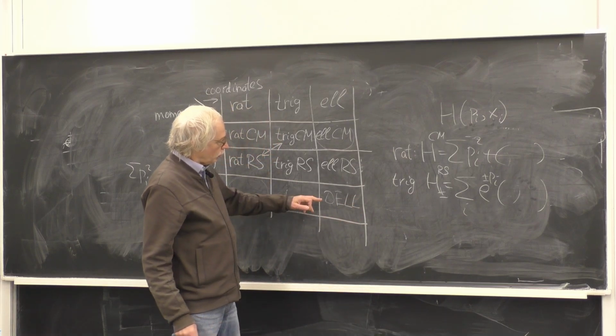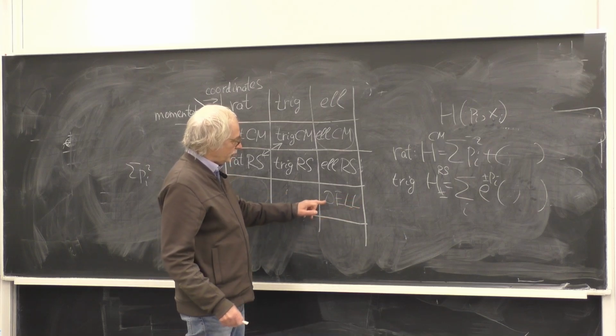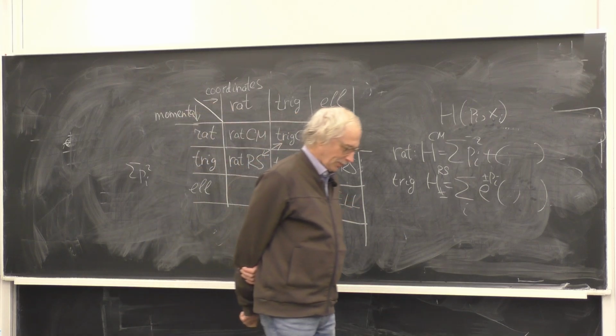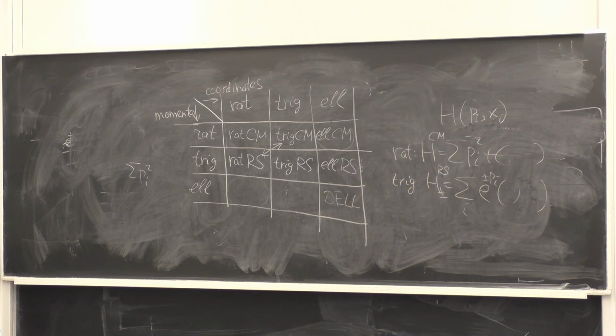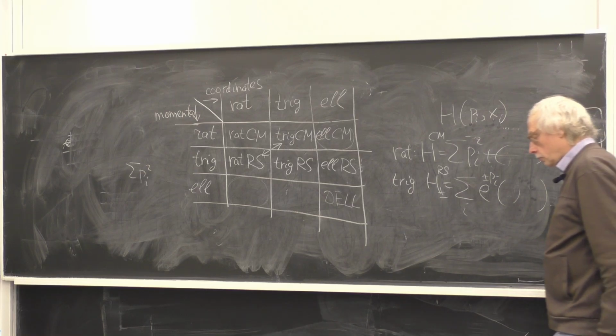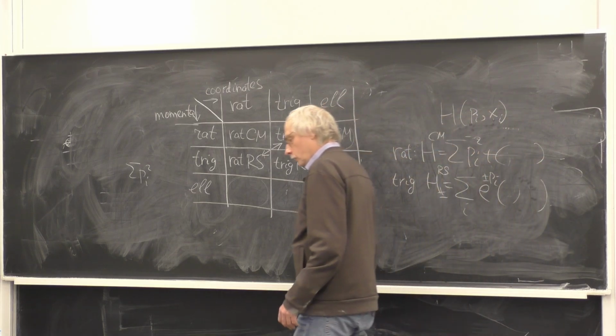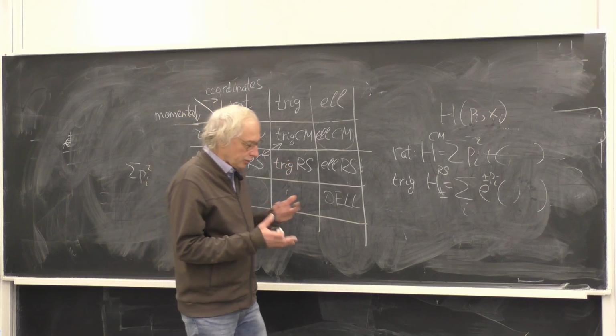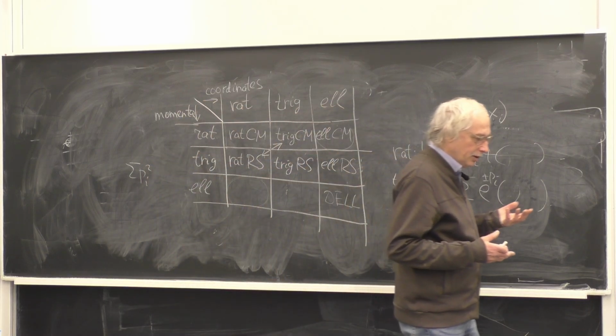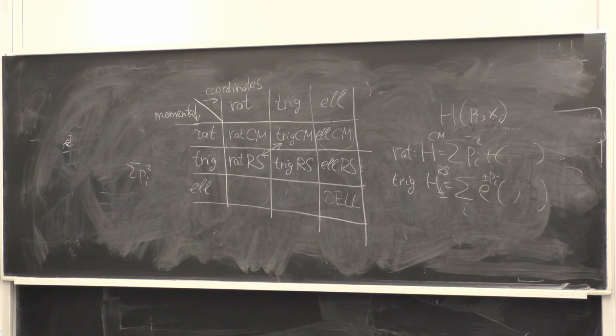These models are called DELL, which means double elliptic. So the dependence on momenta and coordinates are both elliptic. And in general case, they are elliptic functions with different